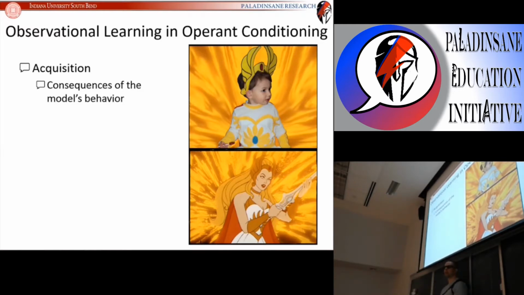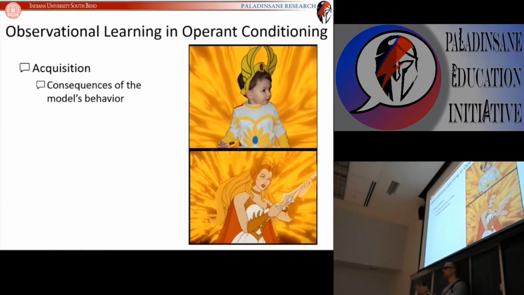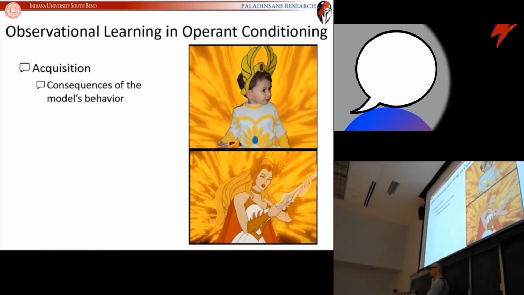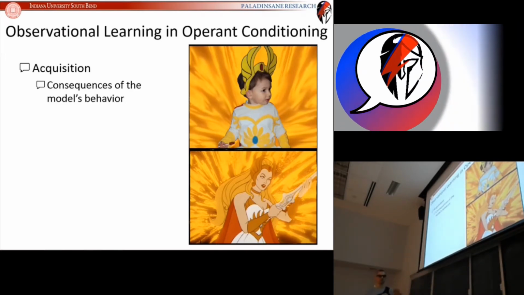People were much more likely to imitate or learn how to imitate that violence through observational learning than if it was a gritty, realistic, consequence-driven sort of